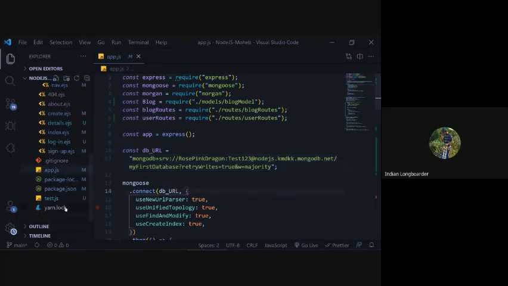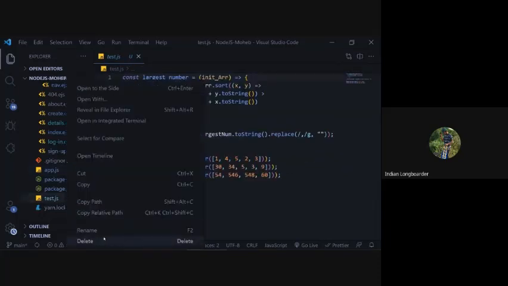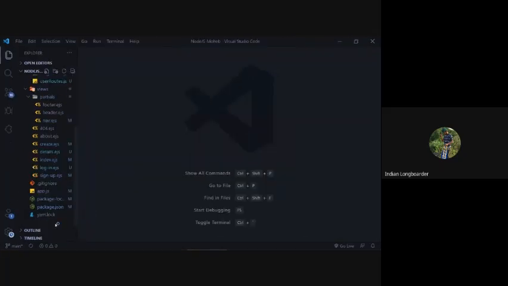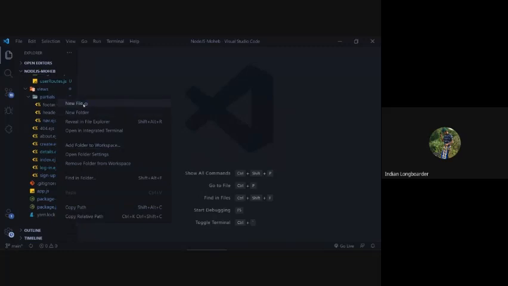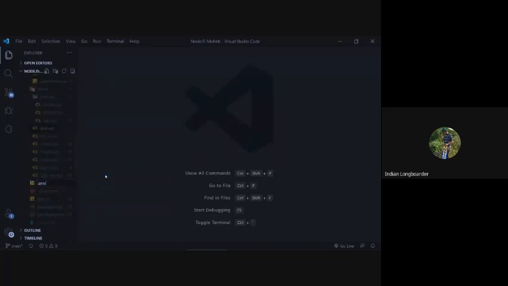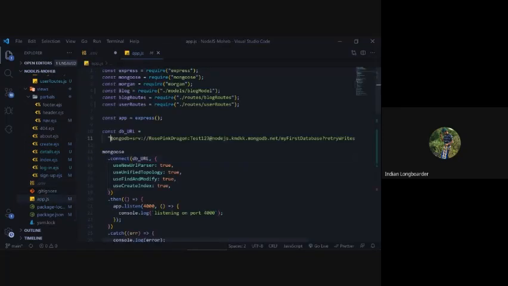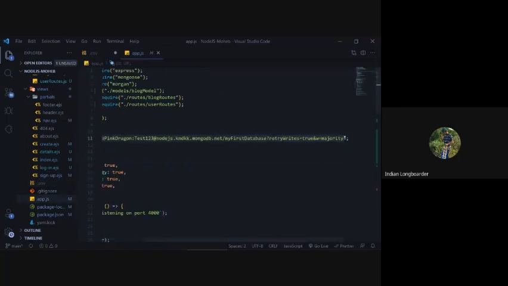So how do you do that is, let's just delete this. Okay, all right, just make this a bit smaller. Okay, so we will create a new file. We will call it .env. So env is short for environment, or environment variables, v for variables, en for environment. And inside this we will just say MONGO_URI equals, and then over there you can just paste in this line of code.